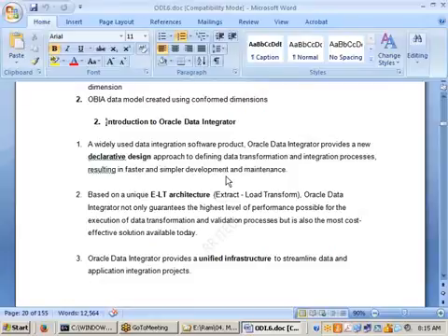The second point is declarative design. That means you define what you want, and that's it. Remaining things will be automatically generated for you. If I want incremental loading, that is all I define, and whatever code is required is generated automatically. That is called declarative design. The third one is predefined knowledge modules for heterogeneous databases. These three things are not available in other ETL tools. Here they are available.